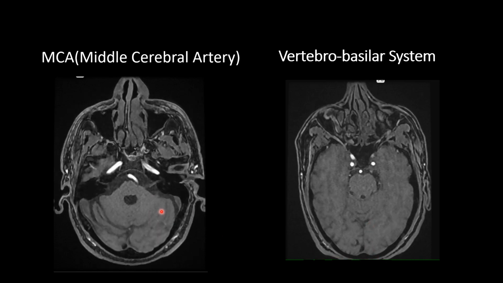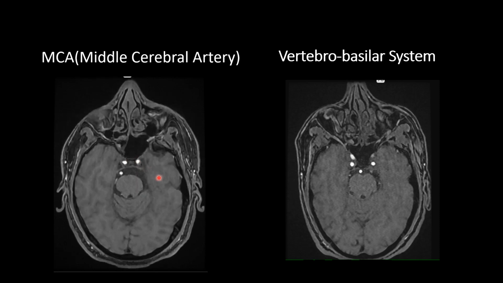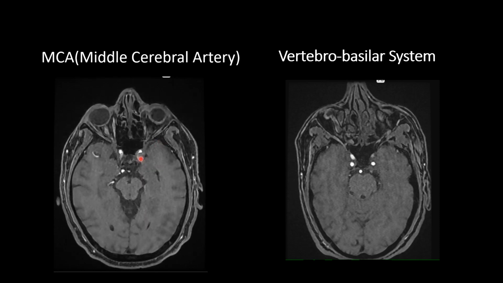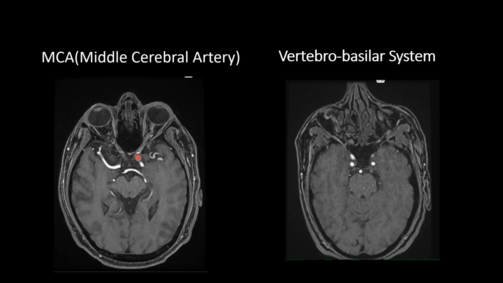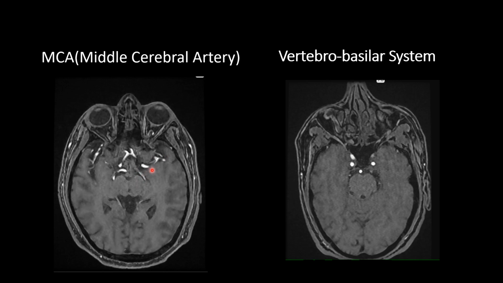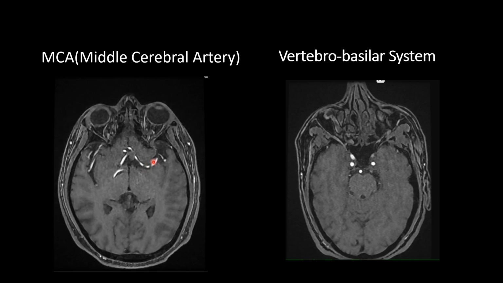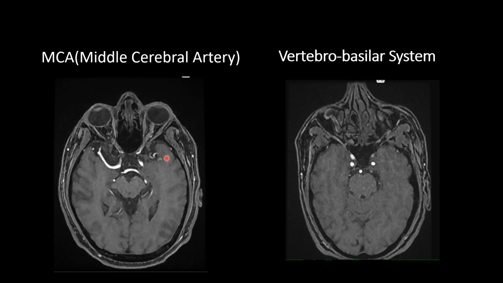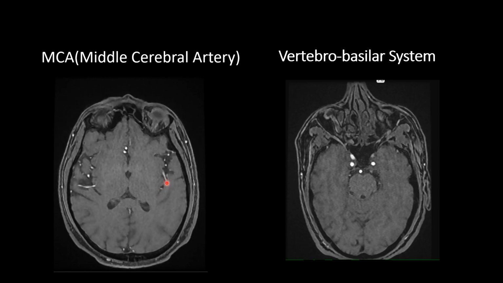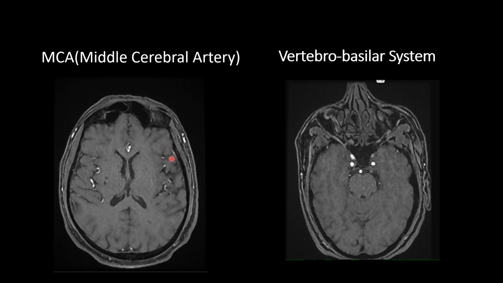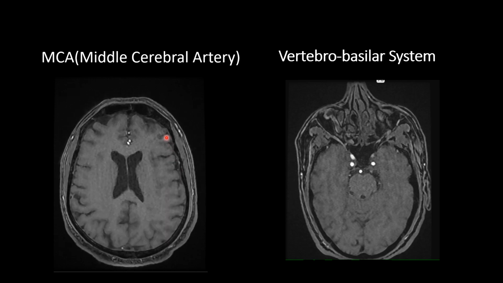Here is an MR top video showing both the internal carotid arteries, which finally terminate into the ACA anteriorly and laterally into the MCA. Here is the M1 or the horizontal segment, which lies parallel to the sphenoid ridge. Then comes the M2 segment, which lies in the sylvian fissure. Then the opercular segment, which lies in the frontal operculum. Then finally the M4 or the cortical branches.